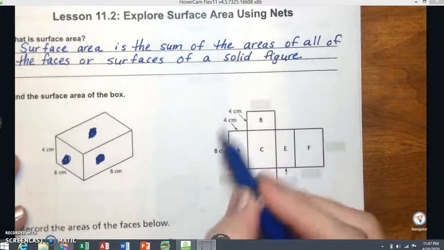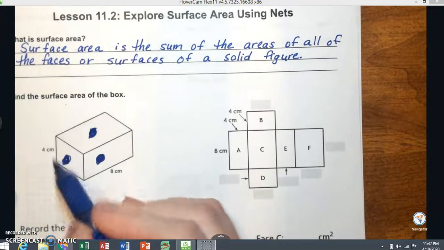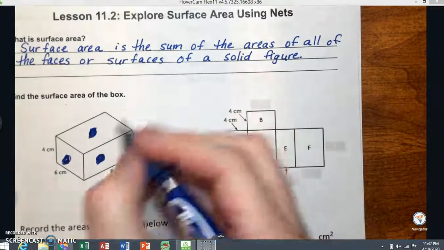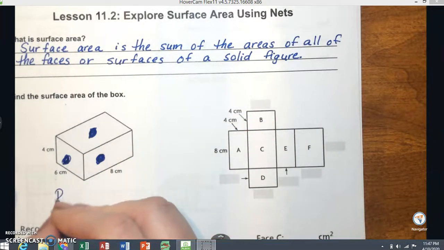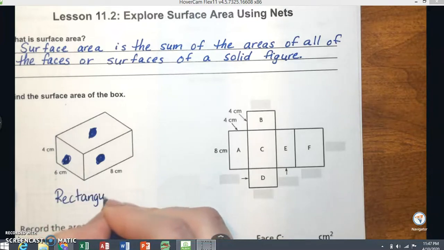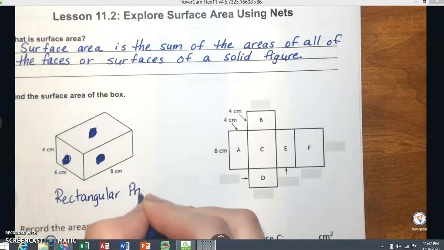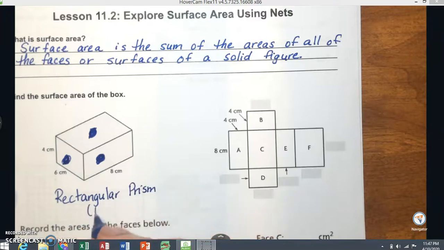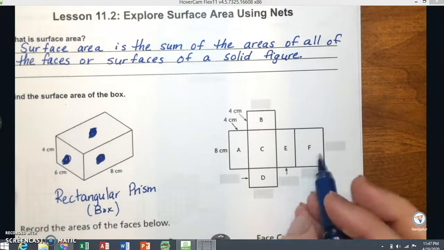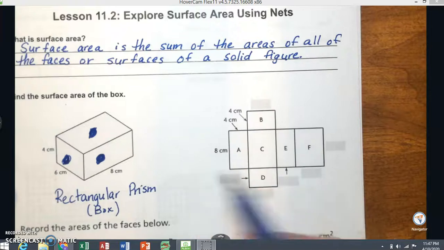So here we have a net for this box, this rectangular prism. I keep calling it a box, but this would be a rectangular prism or a box. Okay, so a box is a rectangular prism. It reminds me of a shoe box or a Kleenex box. Alright, so when we're looking at this,